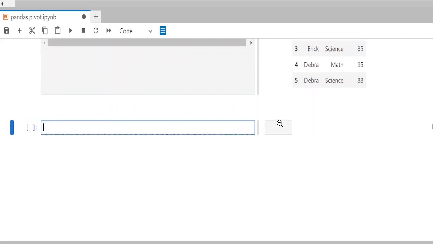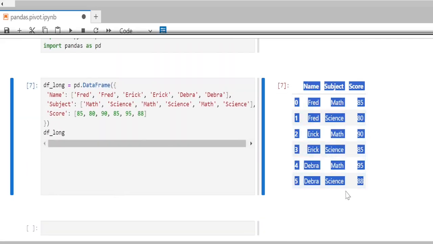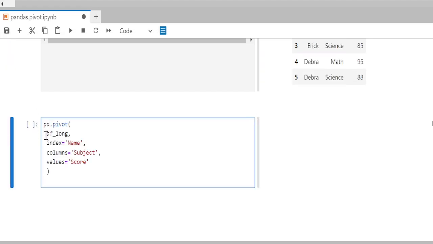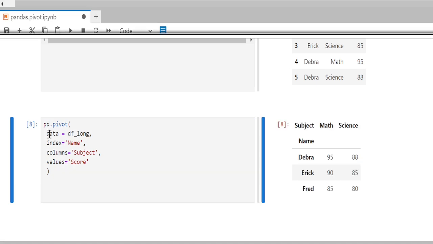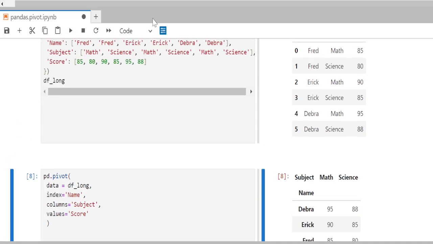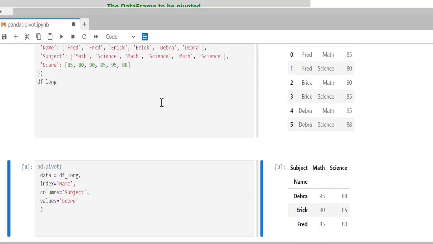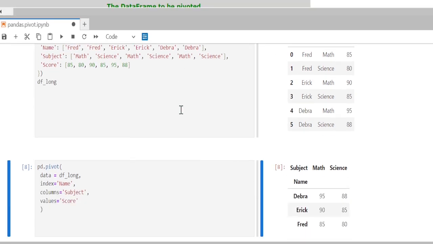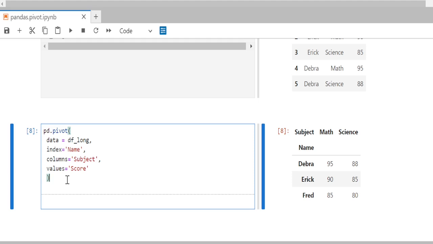If we pivot this data, the data parameter here accepts df_long as input. The df_long data frame is the input data. The next parameter